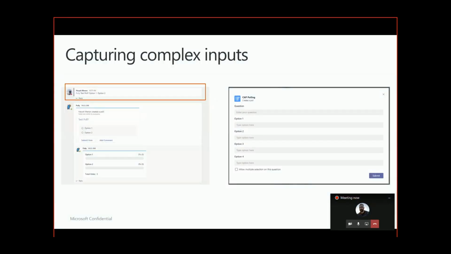Now, traditionally, in order to capture any input from a bot, you've always relied on having an @mention done by the user, with a specific syntax for it. Like for instance, in the case of Polly, you would say @Polly and then give a question, and there has to be a question mark. There has to be a set input for one option, give a comma, and a set option for the next one. And so it's very twitchy and syntax based, and users can often make mistakes when they're creating